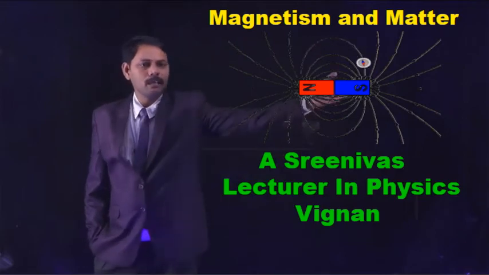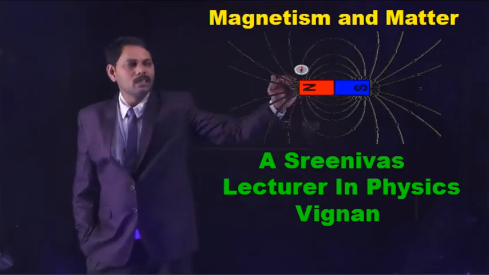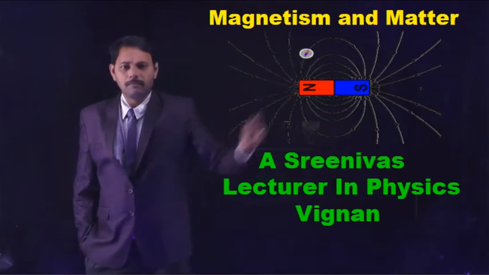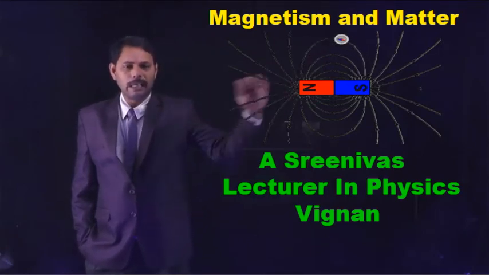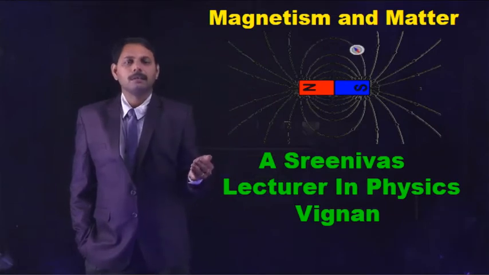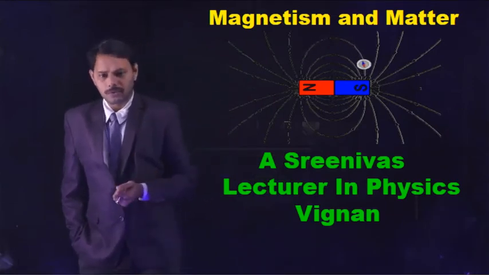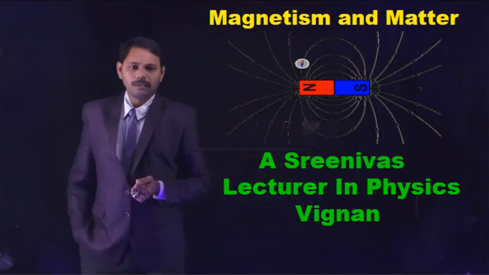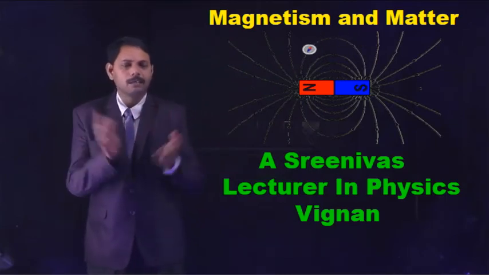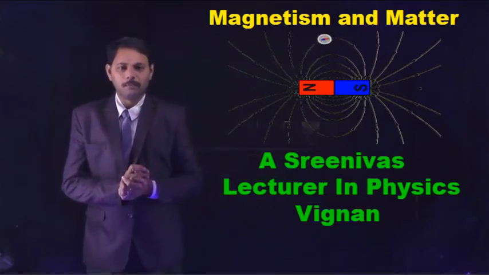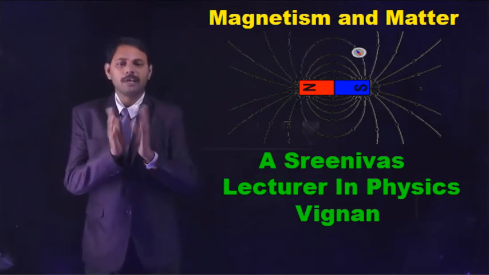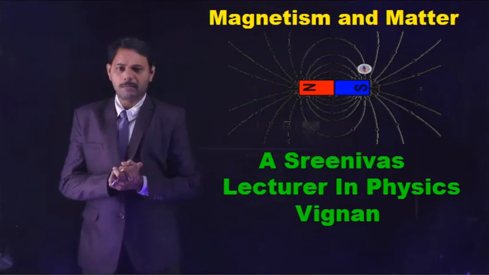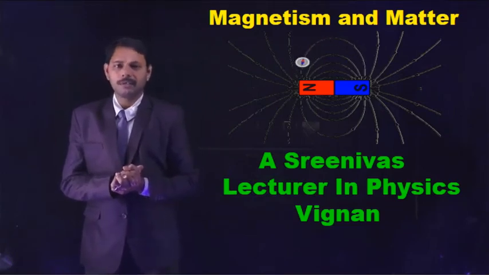So in this magnet, when it is divided into pieces, either parallel to length or perpendicular to length, how does the magnetic moment change? As well, when the magnet is bent into an arc shape, how does the magnetic moment change? This modification in the magnetic moment will be discussed mainly in this session.